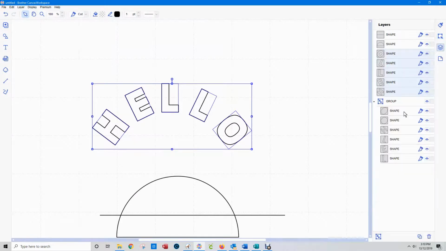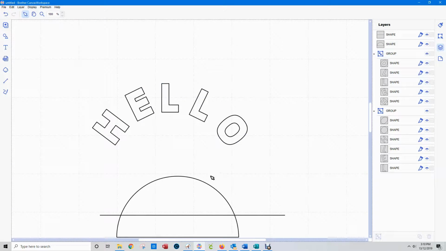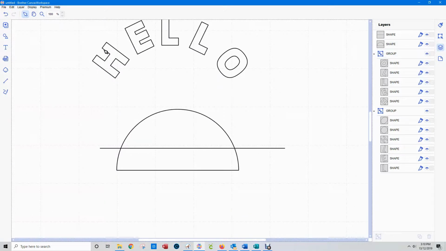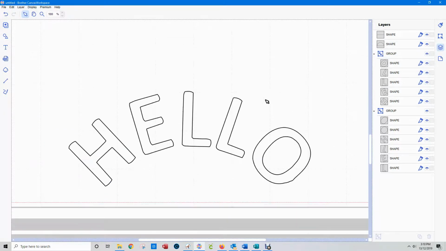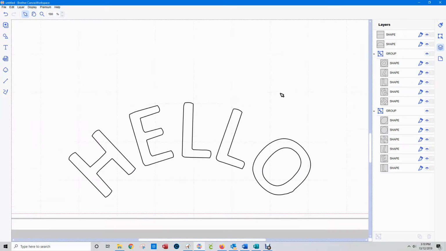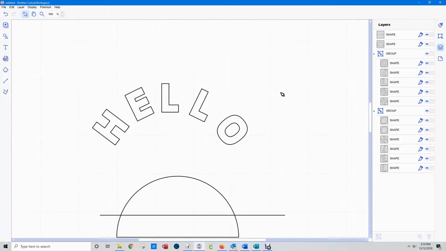I'm just going to group it, so I'll go into this layers menu and group it, and it will cut just like that. I think the actual finish is better on that than this, because you've got these little bumpy bits. Depends on the size you're cutting. So that's 3 different ways that you can do a curved text